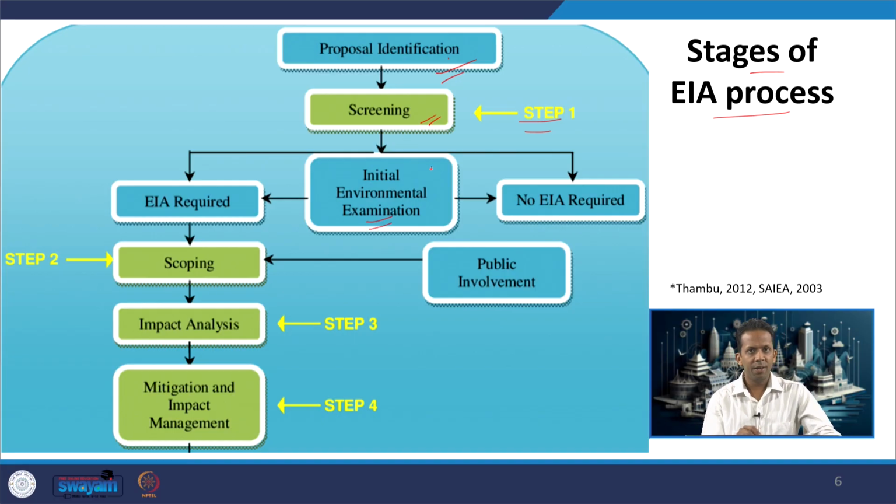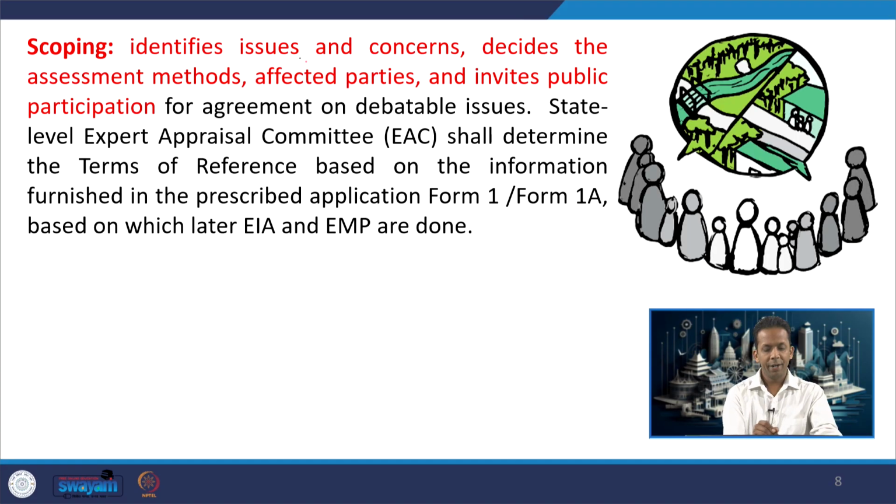And if it appears that the project does not need EIA, it will stop at that point, no EIA required. And if there is a requirement of EIA, it goes to the next stage of EIA, that is scoping. So, scoping is identifying issues and concerns, deciding the assessment methods, affected parties and inviting public participation wherever there are